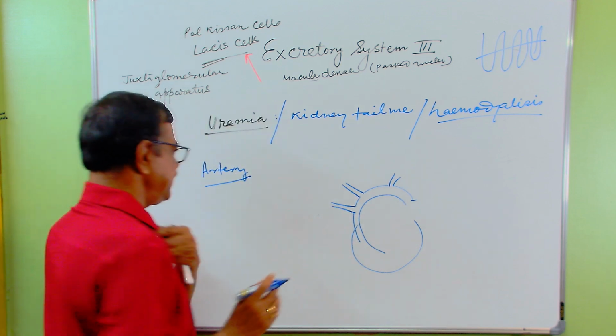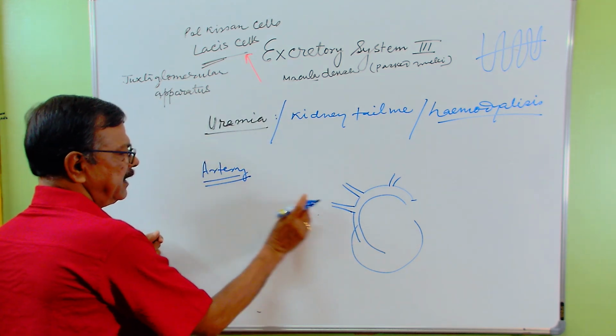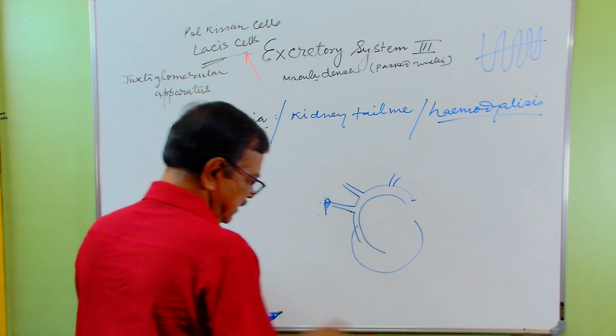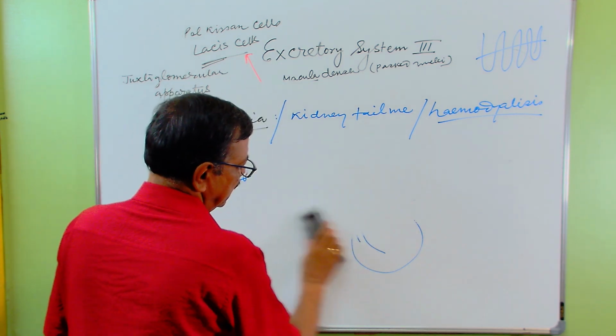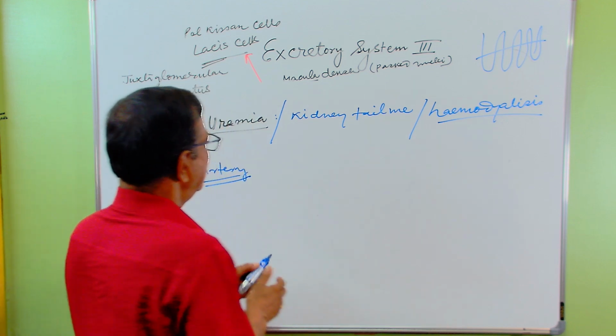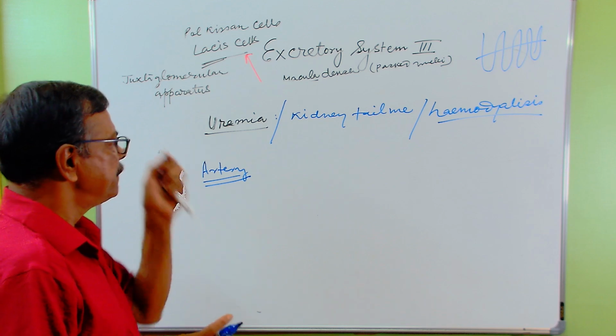So near there, that artery is pierced, and the blood full of urea, that is, the patient is suffering from uremia,